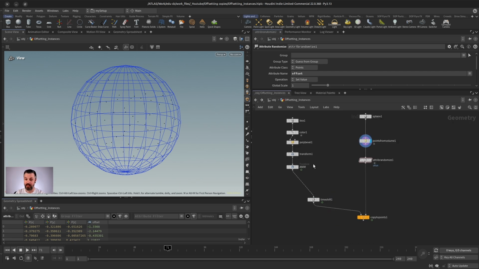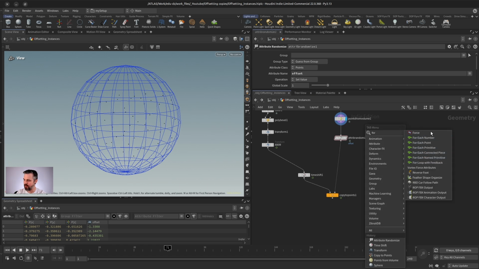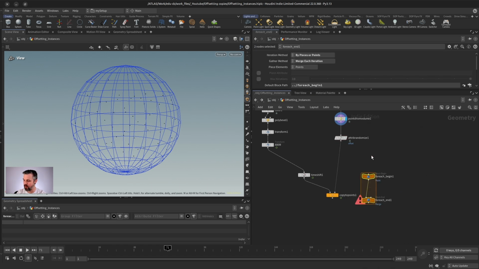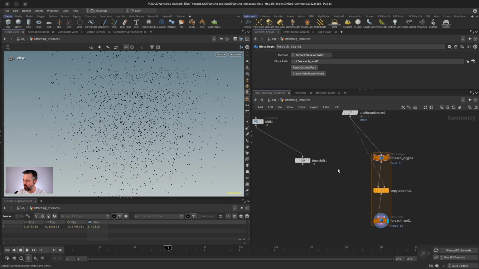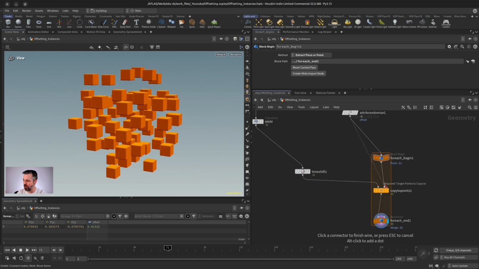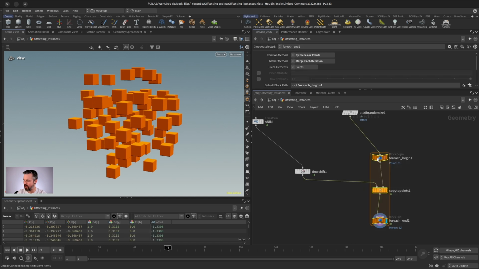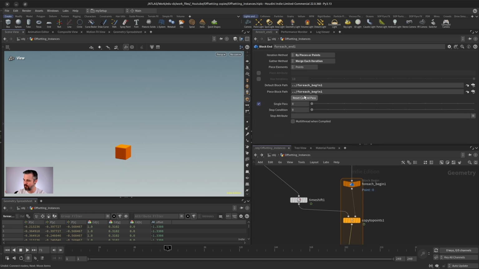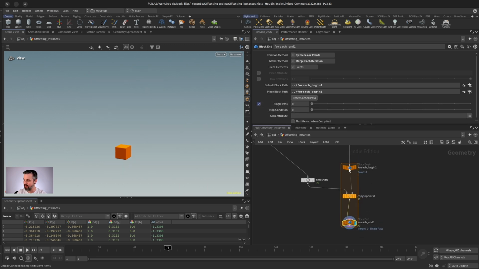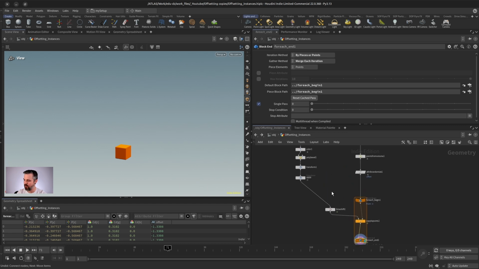And I want to make sure that each point uses a different time shift based on this attribute. And in this case, I would put this into a for each point because I'm copying to points. So let's now put the copy to points in here. And be careful, we want to still copy the object. And I want to copy only for each point that drips out here of the for each begin. So to see what happens, let's quickly activate the single pass debugging mode. And as you can see up here, only a single point drops out of this and will be copying the